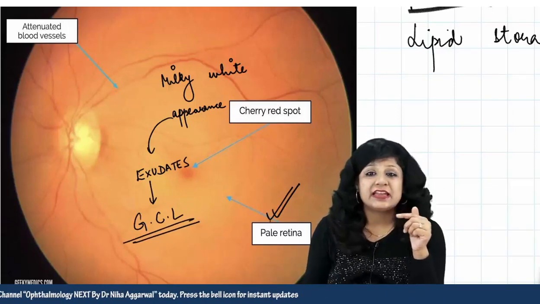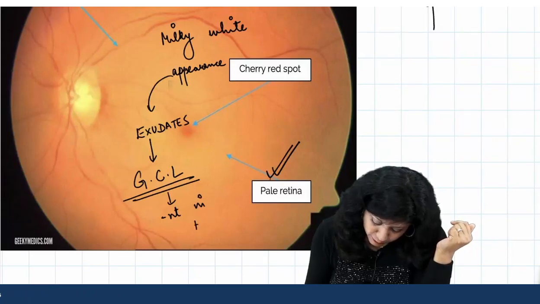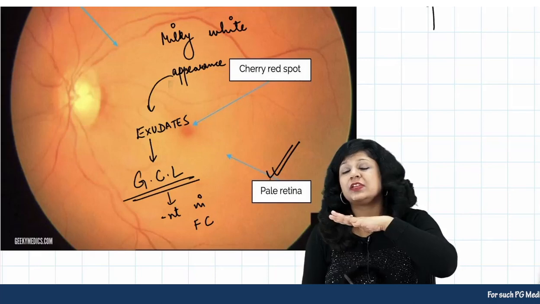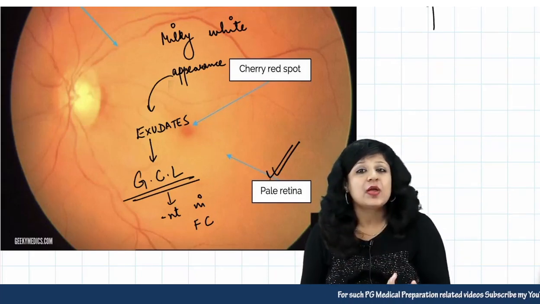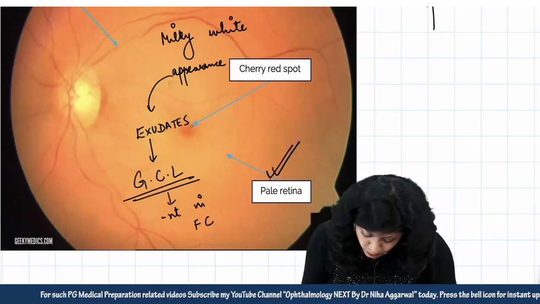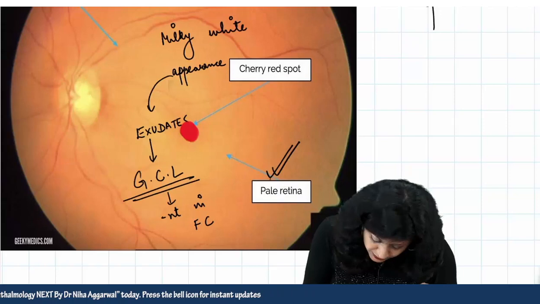Now this layer is actually absent in the fovea centralis, right? So in the fovea centralis, where you do not have this layer, no exudate, so what is happening? Therefore the choroid will continue to shine through this fovea centralis.